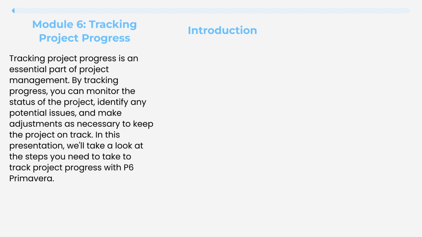Tracking project progress is an essential part of project management. By tracking progress, you can monitor the status of the project, identify any potential issues, and make adjustments as necessary to keep the project on track. In this presentation, we'll take a look at the steps you need to take to track project progress with P6